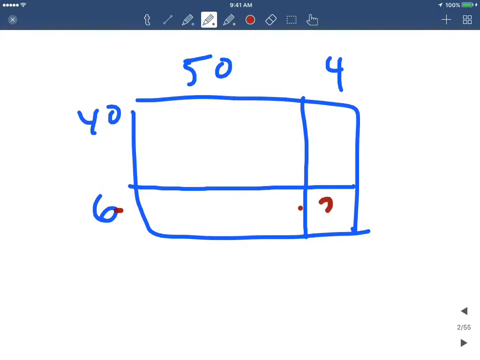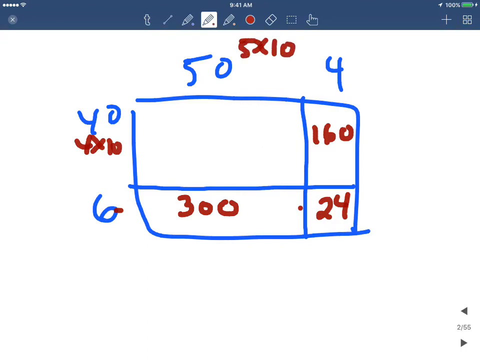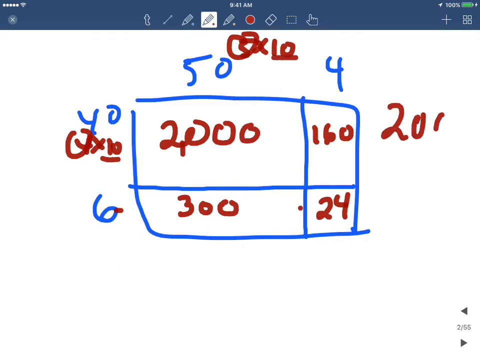by 4, 24 of this smaller area, and then we could do, in this particular model, the sequence doesn't matter, but we could do 6 times 50, which would be 300, 40 times 4, 160, and then when it gets to these trickier ones, we can recognize that 40 is the same as 4 times 10, and 50 is the same as 5 times 10, and now we can do 4 times 5 is 20, times 10, 200, times 10 again, 2,000, and if we add those, we would find the whole area,